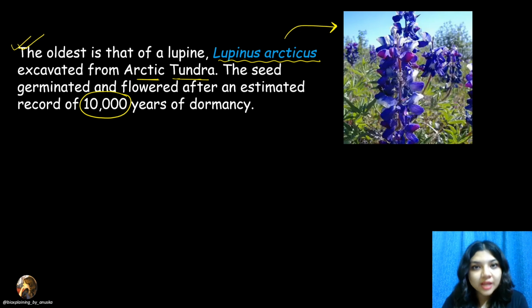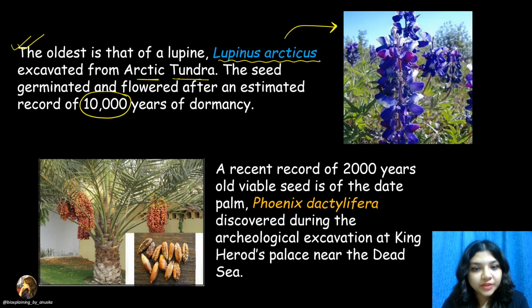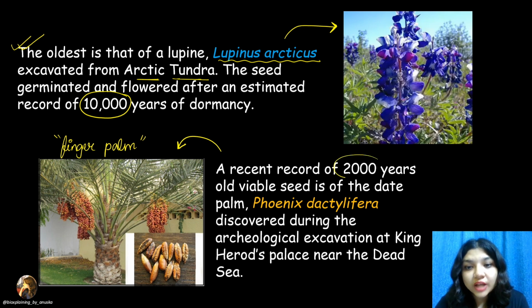What is another example? Another example is Phoenix dactylifera. This is the image of Phoenix dactylifera. इसे ना finger palm कहते हैं because the palm looks like a finger. The common name is finger palm. So this has a 2000 years old seed जो भी viable है. ठीक है? So King Herod's place near the Dead Sea, when that was being excavated, during that time this thing